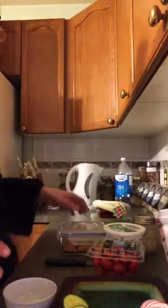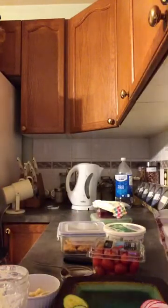So we're going to make the star of our snack, and it's going to be all good fat. The other day I made bacon mayo, and that was super easy to make. You take 4 egg yolks and 1 cup of rendered bacon fat. You whip up the eggs and slowly add the rendered bacon fat to it, and it makes delicious bacon mayo. I made this last Sunday. I made 1 jar and we ate the whole thing. So I think the bacon mayo is going to be on my list of meal prep on Sundays